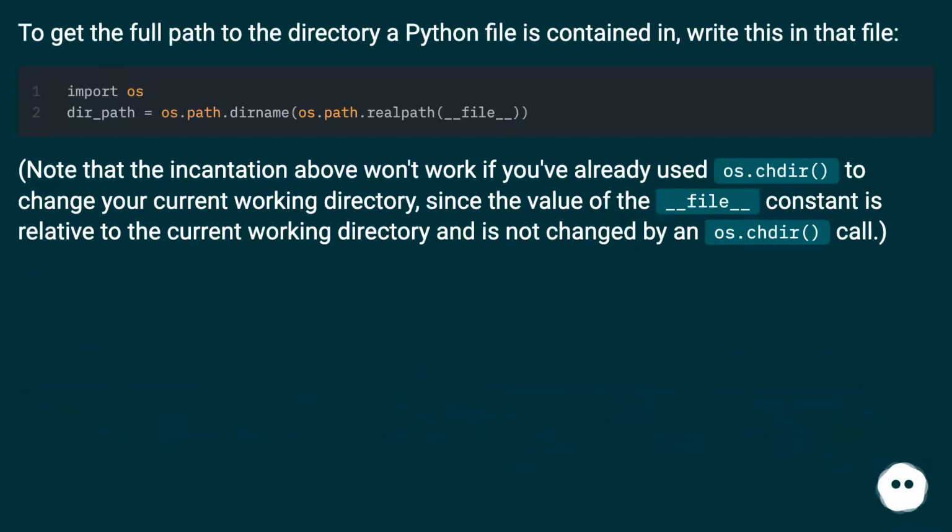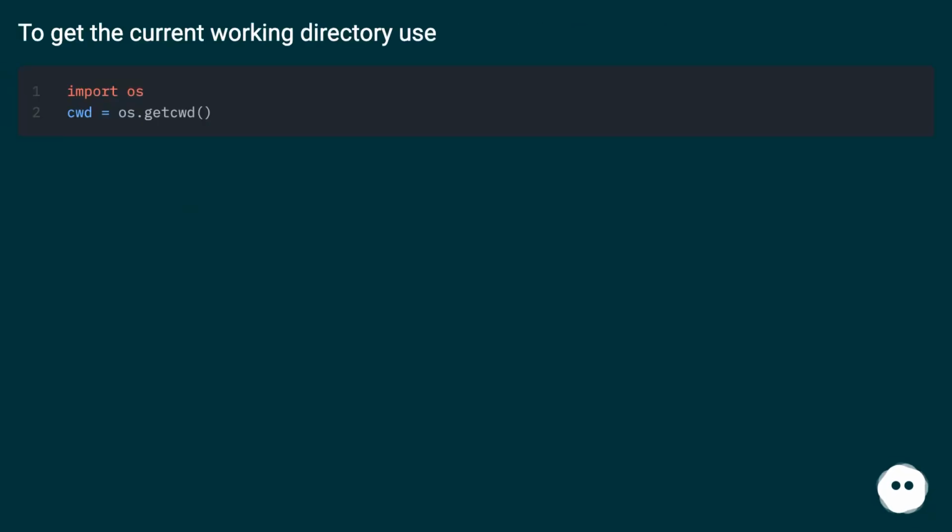To get the full path to the directory a Python file is contained in, write this in that file. Note that the incantation above won't work if you've already used os.chdir to change your current working directory, since the value of the __file__ constant is relative to the current working directory and is not changed by an os.chdir call. To get the current working directory, use